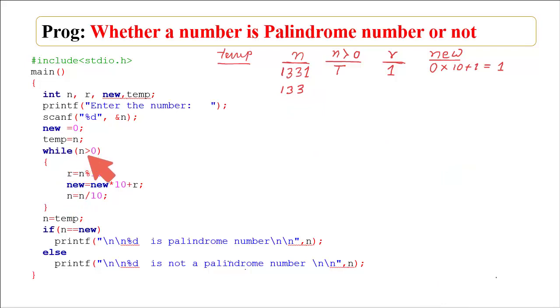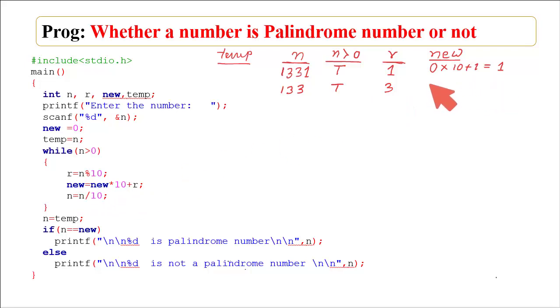Again it will be checked whether 133 is greater than 0. Yes, that will provide a true signal. Next, r is equal to n modulo 10, means this 133 will be divided by 10. What will be the remainder? The remainder will be just 3, so the value of r is 3. What will be the value inside the new variable? That is the previous value multiplied by 10.